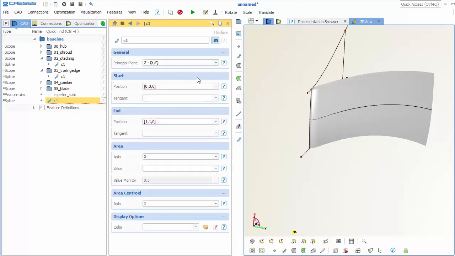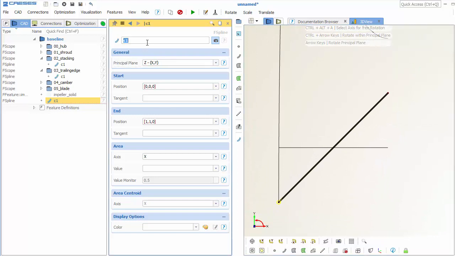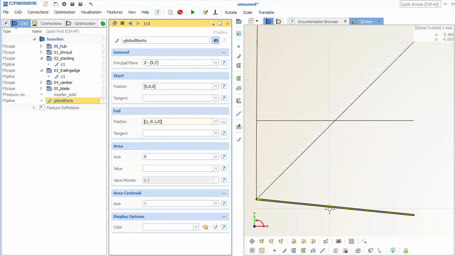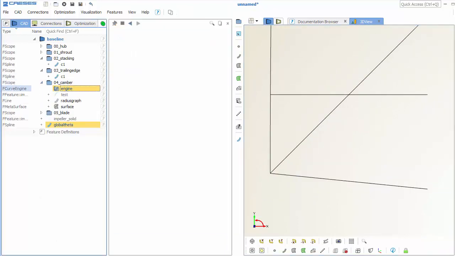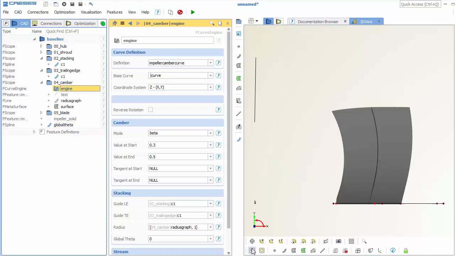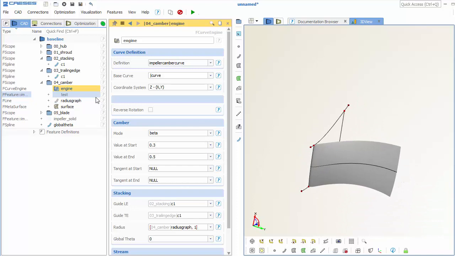So the next step is that I want to show you how I'm going to create radial distributions, like function graphs for the parameters of the blade. In this case, I start with global theta, and I want to rotate the blade a little bit in radial direction. So I create this 2D curve here. It's a function, and it's in the same window. That's maybe a bit